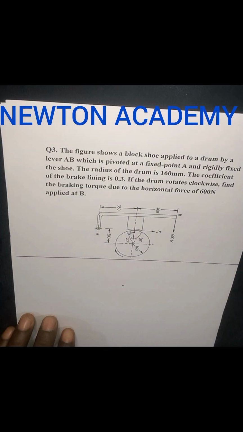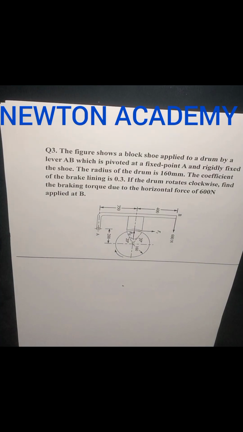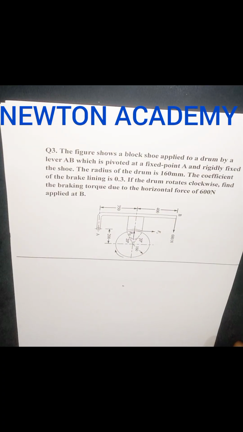The question says that the figure below shows a block shoe applied to a drum by a lever AB, which is pivoted at a fixed point A, this point A, and rigidly fixed to the shoe. The radius of the drum is 160 mm. The coefficient of friction of the brake lining is 0.3. If the drum rotates clockwise, that is, it rotates in this direction, find the braking torque due to the horizontal force of 600 Newton applied at B. Now let us start